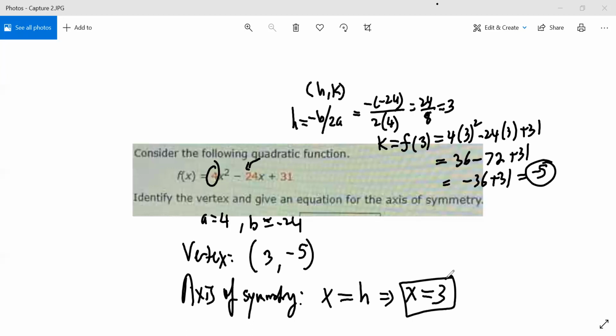So it's kind of like this. You don't have to graph it, but this is the graph. x equal to 3 is this line. So the graph is symmetric with respect to this line here. Okay, so that's the axis of symmetry. This is the vertex. And then for the other part of the question,